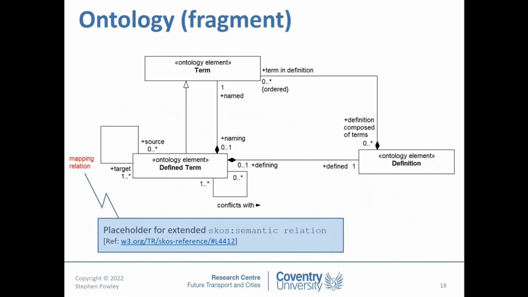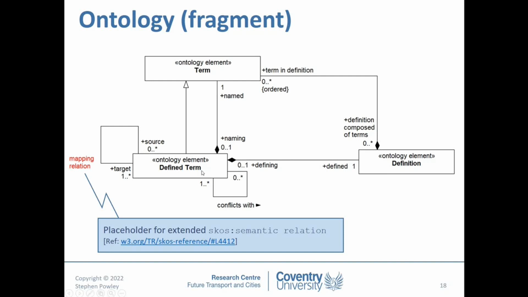So how do we capture all this? Well, I've developed a simple profile which allows you to understand the terms and the definitions. If you're not familiar with UML, don't worry. This is a class diagram that shows what the ontology elements are that we're going to later turn into our profile. And we have the idea of terms at the top and a special type of term, which is a defined term. And defined terms can have all sorts of relations, as we discussed, to other terms, and they might even conflict with other terms, and so it's useful for us to be able to capture that.